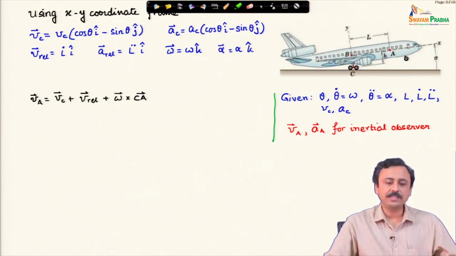Now, V_A is V_C plus V_rel plus omega cross CA. I have written the full expression. Now, I will plug in the values. V_C is known,